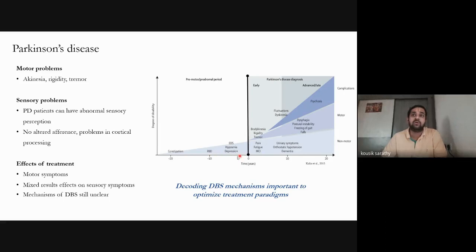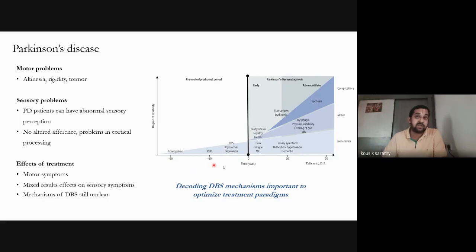What we now know is that several biomarkers, which is now considered as biomarkers, but you can call it pre-motor or non-motor symptoms, start occurring several years before the actual motor symptoms start happening. So point zero that you see here is when the patient is visiting the hospital, right? But the disease might have been with the patient for several years before, if not tens of years before.